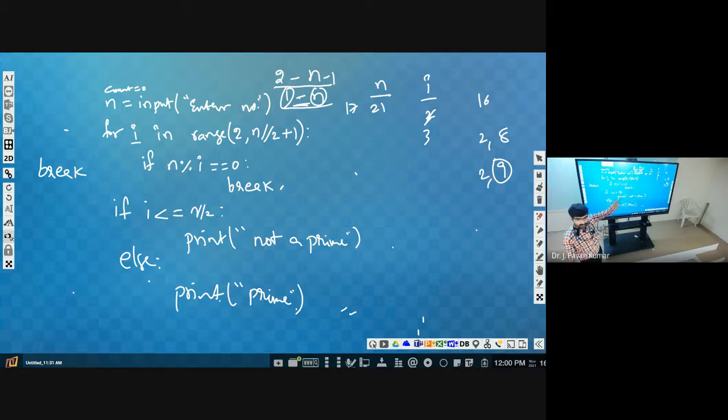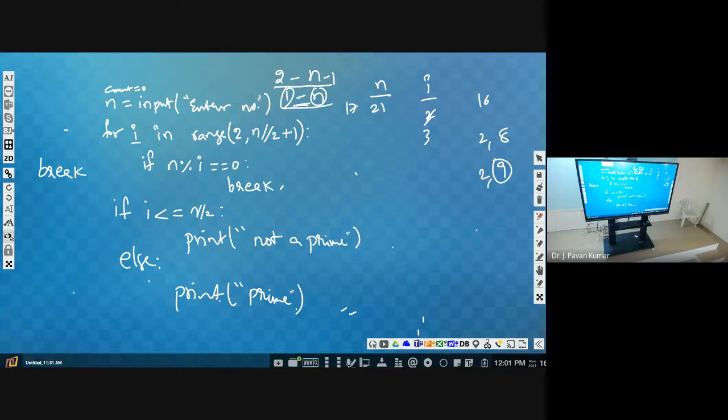Anything is fine, but why I have written it like this is that you need to focus on this break. What is the use of break now? To terminate prior to its normal completion.